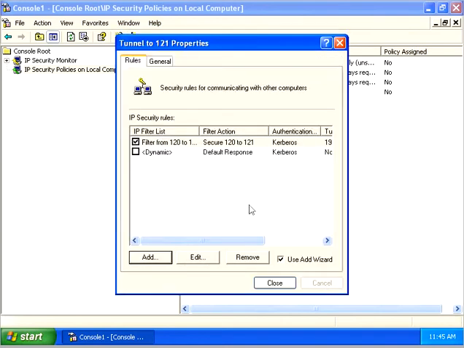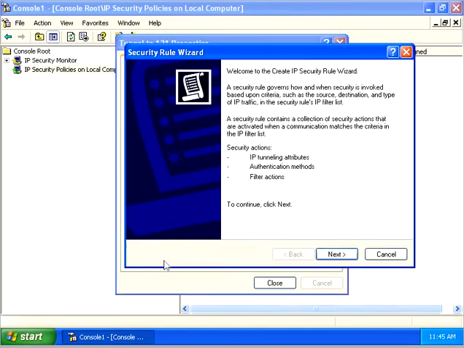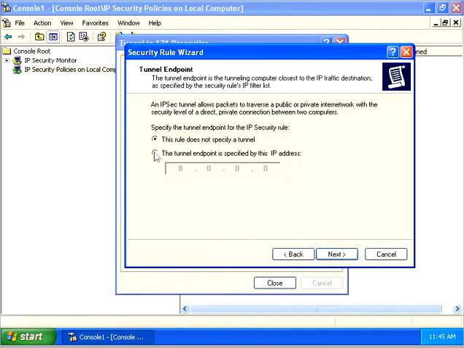And so now we're back to our rules. We're going to make another rule that's going to go from 121 to us, so back inbound. So this is pretty much an outbound rule. We're going to go behind and make a new inbound rule. So we'll do add, next, and the tunnel endpoint is actually going to be us this time. So 192.168